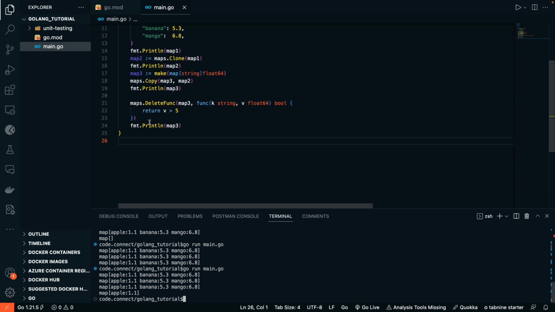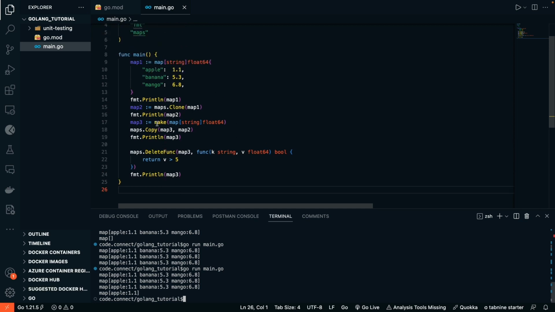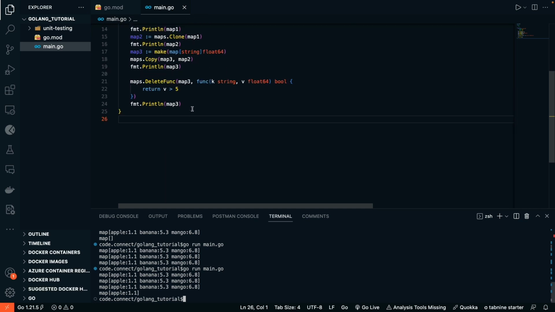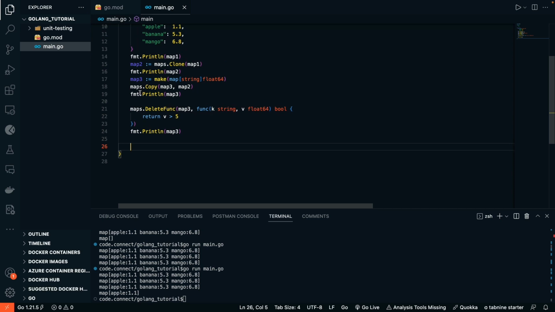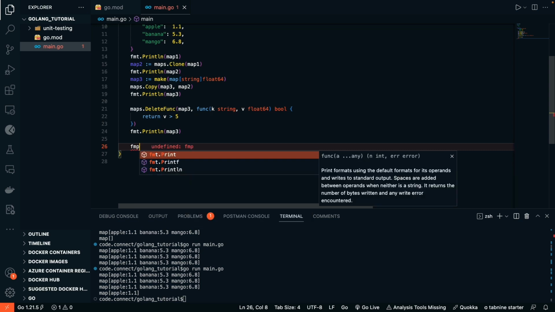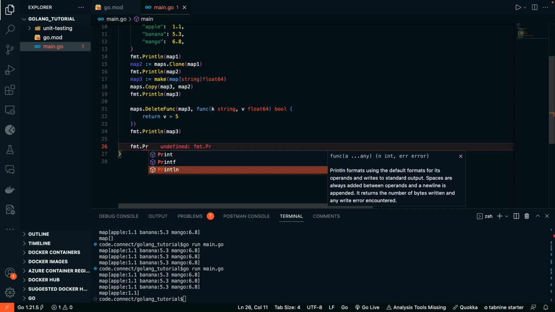Now let's see the fourth function, which is the Equal function. So let's compare map 1 and map 2, and map 1 and map 3, whether they are equal or not. In our case map 1 and map 2 are equal, but in map 3 we have already deleted elements, so they should not be equal. So let's print fmt.Println,